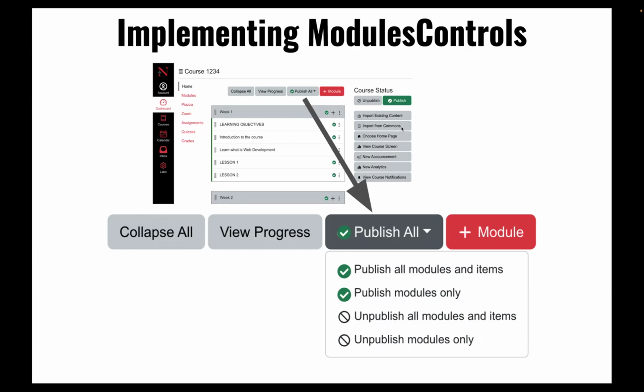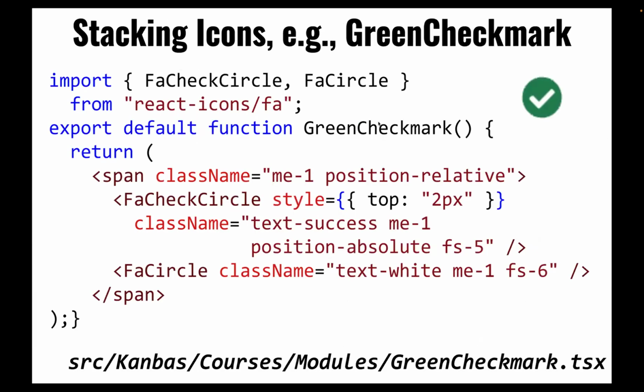So how do we implement this? We'll call this the modules controls component. First of all, let's implement the checkbox. The checkbox is actually going to be a combination of two React icons. One is just a plain white circle, and then a circle checkbox, which is going to be green, with text-success. But we're going to overlay it. We're going to make it position absolute,